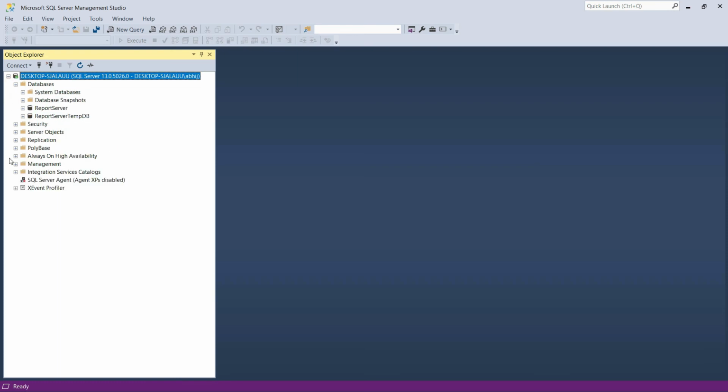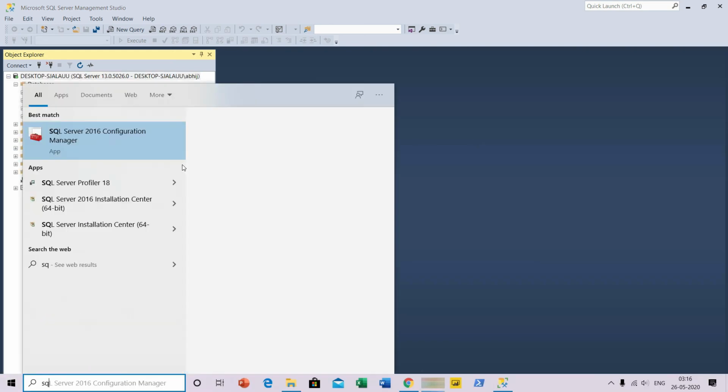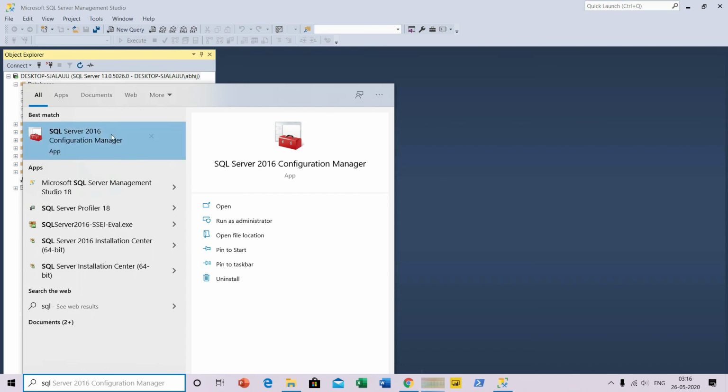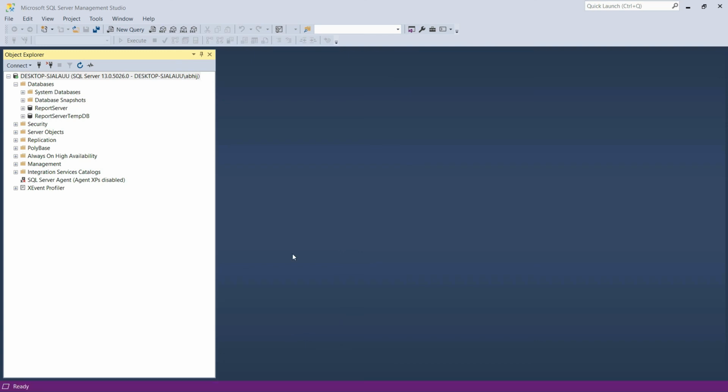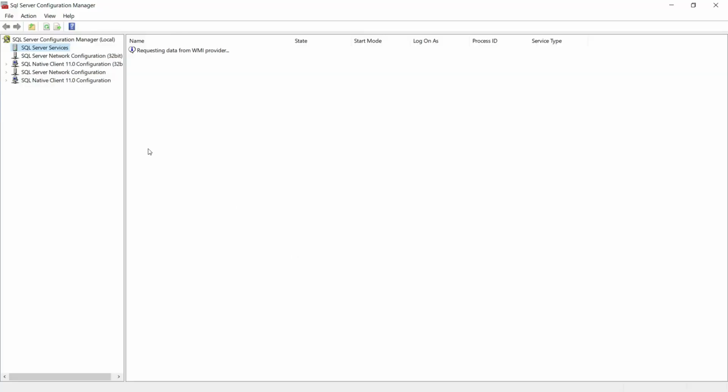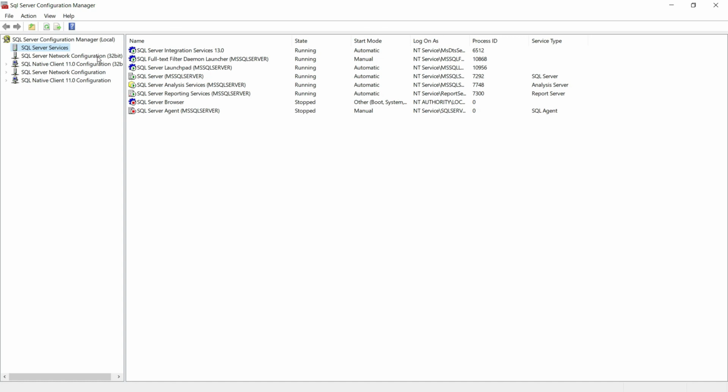So this is all for today. In the next session, we will see the configuration of SQL Server. In that, we will take a journey of SQL Server Configuration Manager. But before understanding SQL Server Configuration Manager, we must know about SQL Server architecture so that it will be easy for us to understand this configuration manager and how the SQL Server input and output system works. So in the next session, first we will see SQL Server architecture and then we will start understanding SQL Server Configuration Manager.